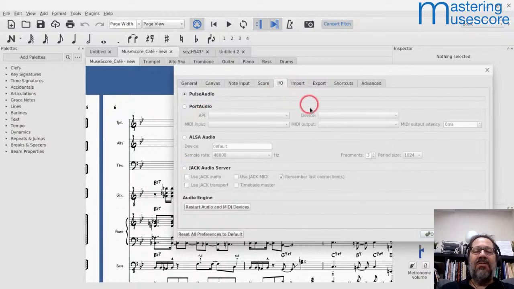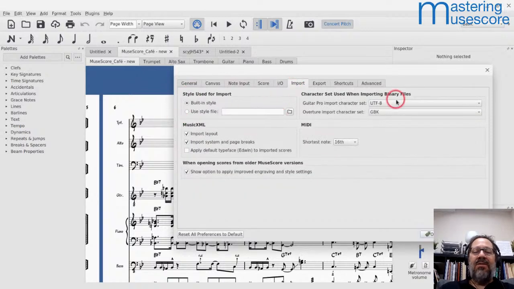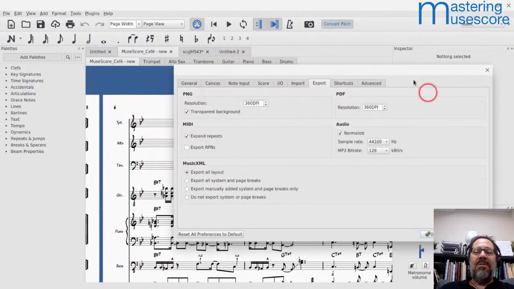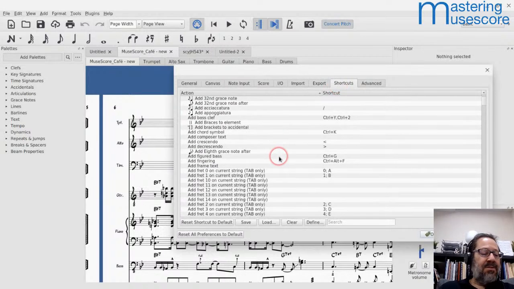Here are I/O settings where it's letting me pick which audio device gets used. Import settings where it chooses what style to use for imported scores, whether it should import the layout settings from MusicXML files. Here's a bunch of settings for export. And one of my favorite parts of this is